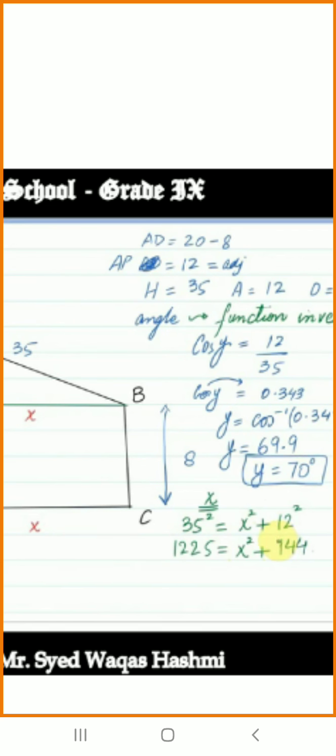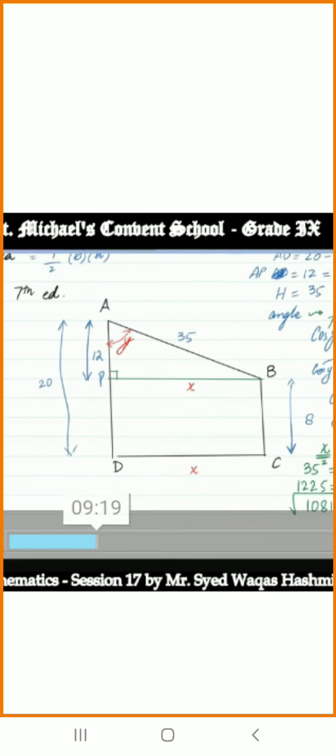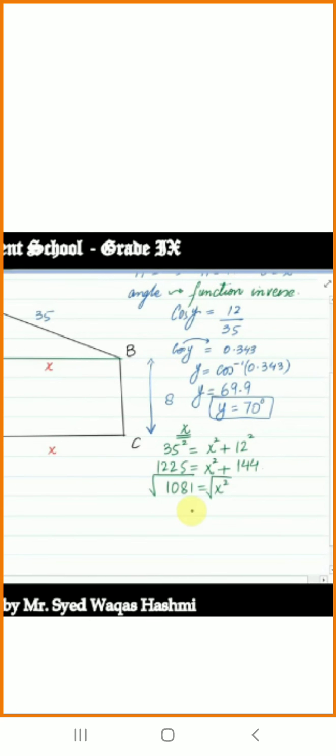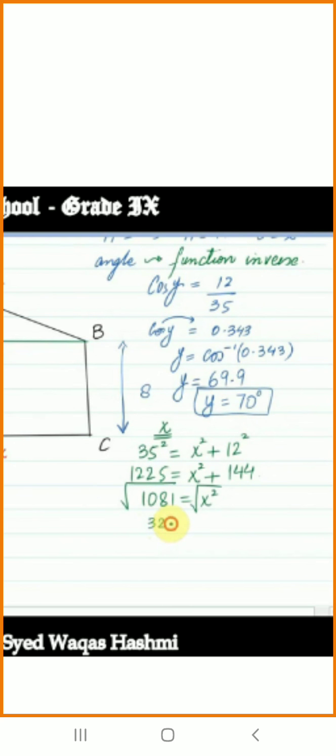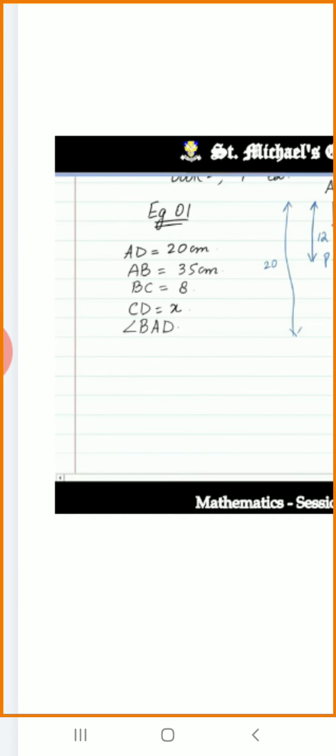So 1225 minus 144 is 1081, equal to x square, and then take the root on both sides. So the value of x is 32.87, that is your value of x, right? So if you have done the